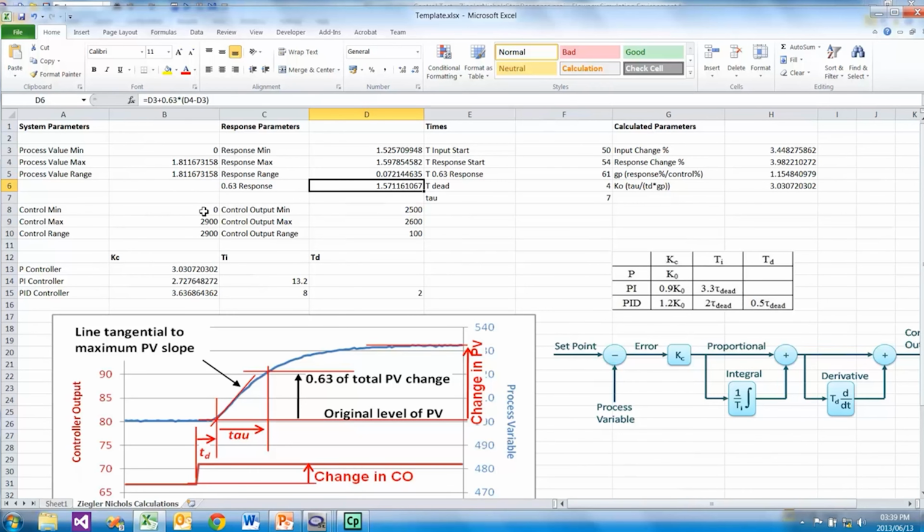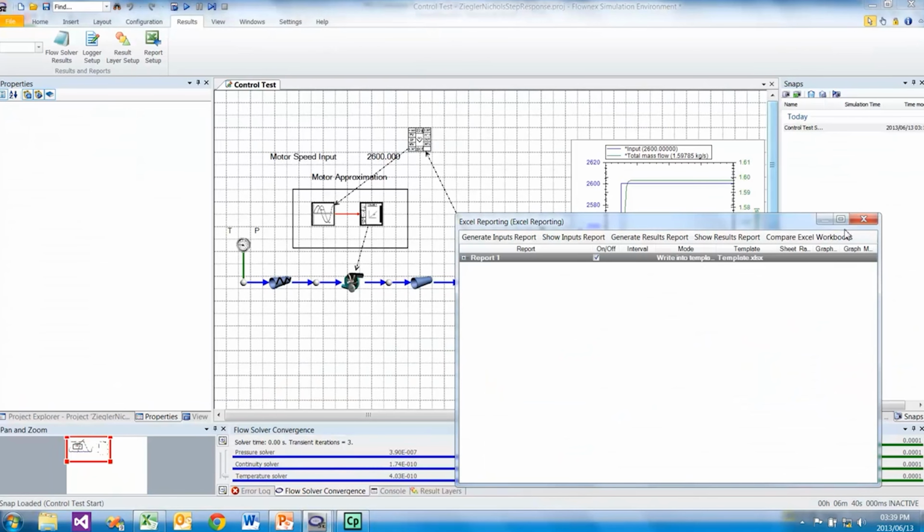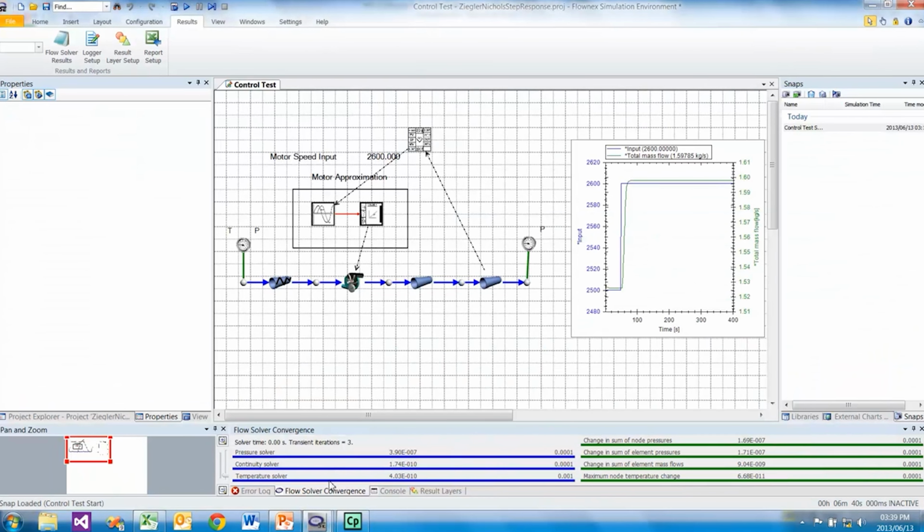So our lowest possible speed is 0, highest is 2900. For these speeds we also want to determine the minimum and maximum flows. That can easily be done in Flownex. If we set our speed